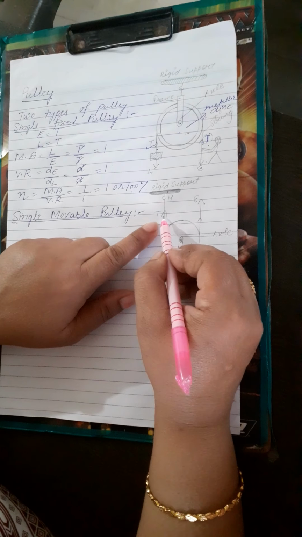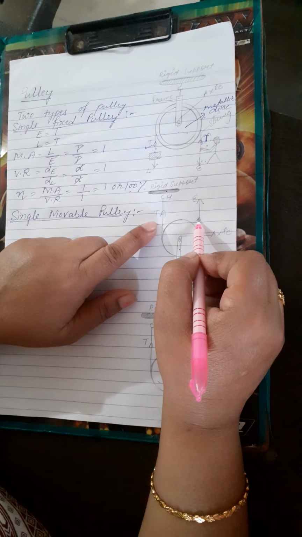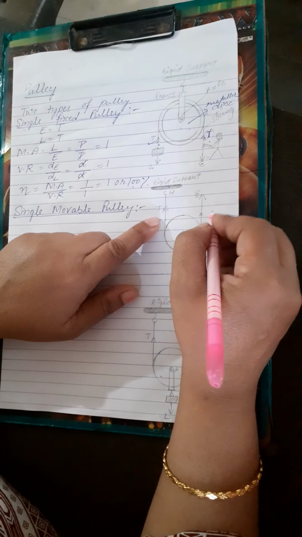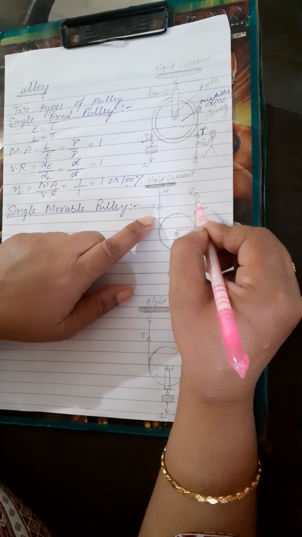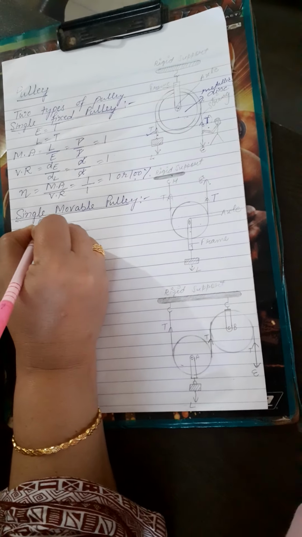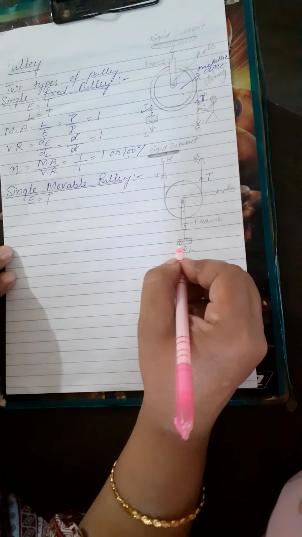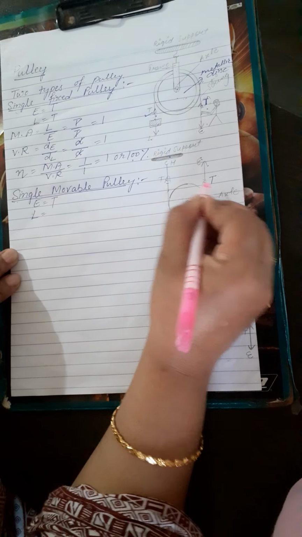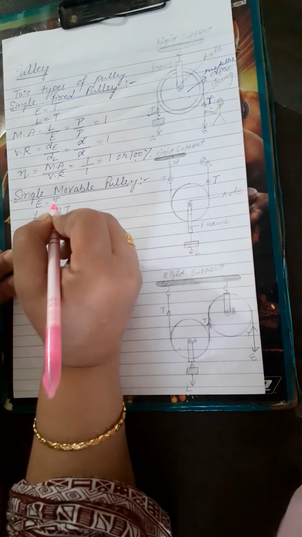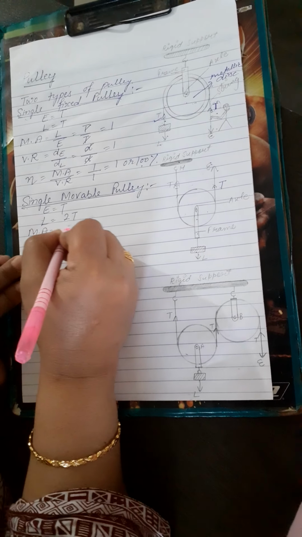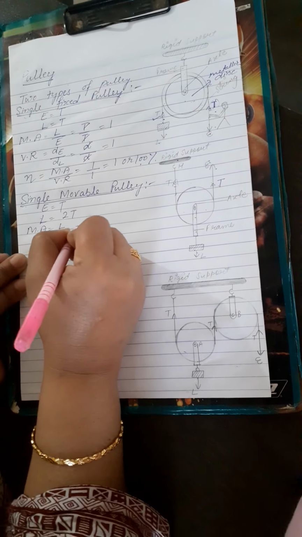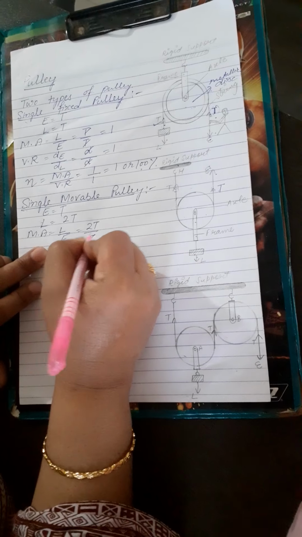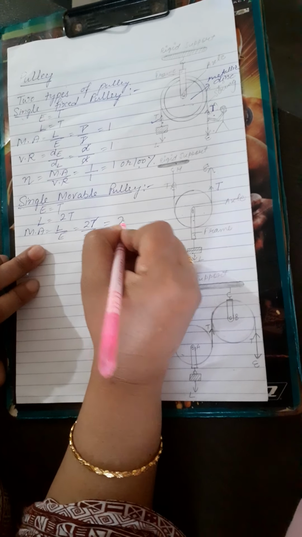So again the same procedure, bache. This is the load. Then again, at both ends of the string tension force will be there. That tension will be represented in the upward direction. Again, the effort will always be balanced by the single T which is in front of it. And this load, because it is in the center, will be equal to this T plus this T. It will be equal to 2T. So what will be the mechanical advantage? Load over effort. Load is 2T, effort is single T, again T and T will cancel,